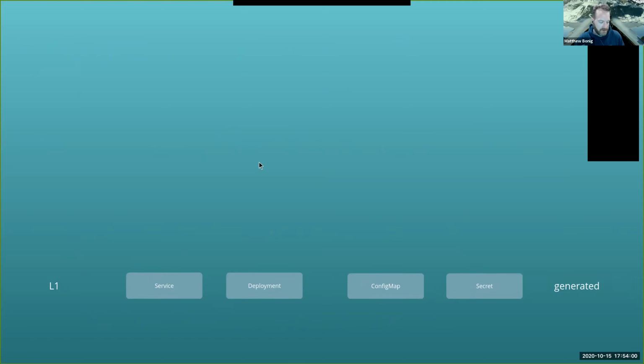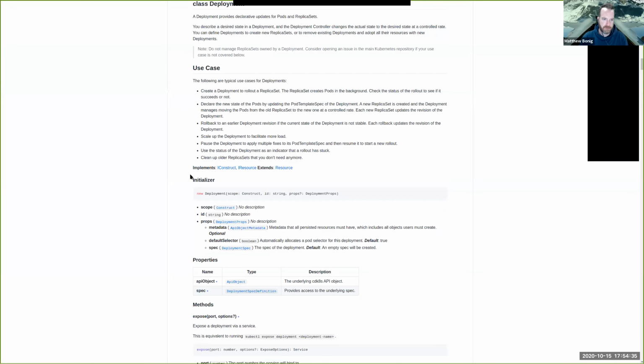So the cdk8s is based around this API concept of having a construct, and a construct is simply a unit of infrastructure. You start off with what we call level 1 or L1 constructs, and these constructs are generated based on the Kubernetes deployment you're targeting, based on custom resource definitions that you've already imported, and other things. We'll talk more about that import process and that generation process in a moment. But once you get those L1 constructs into your system, then you end up with a completely blank white page.